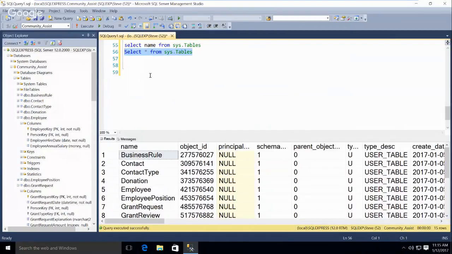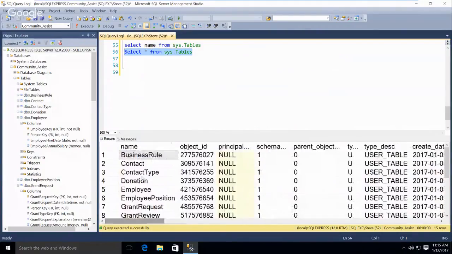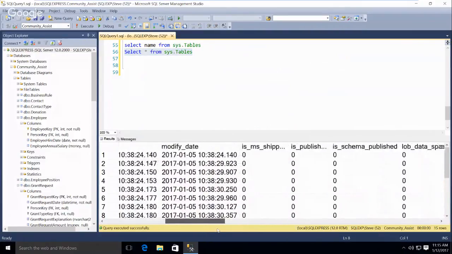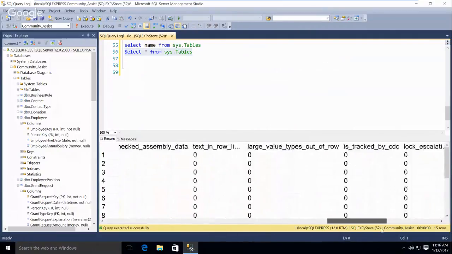So it gives you a lot of information, including the name, the object ID, schema, parent object, create date, modify date, etc. A lot of this is empty.